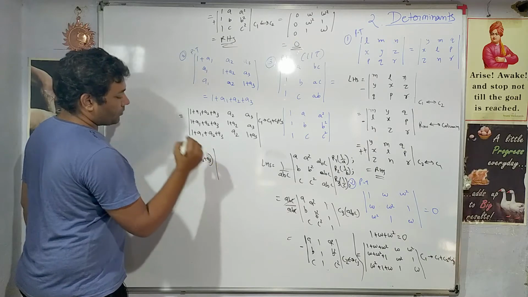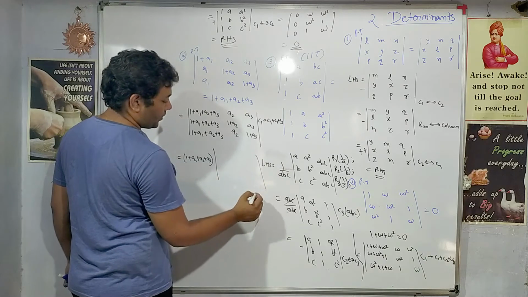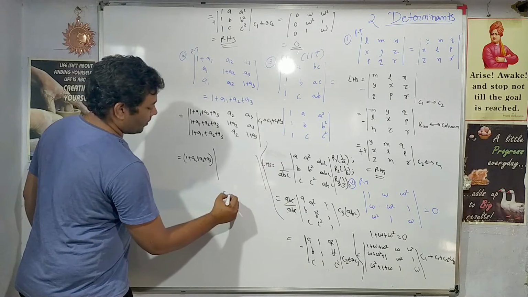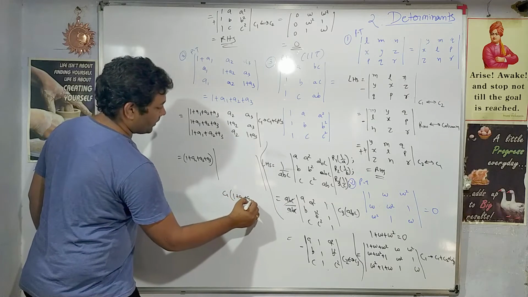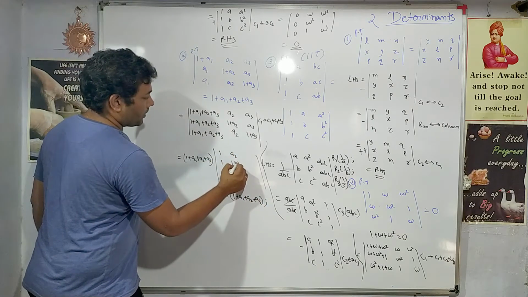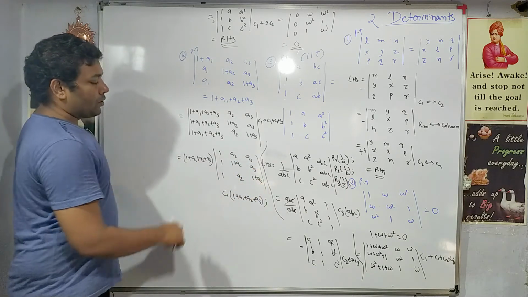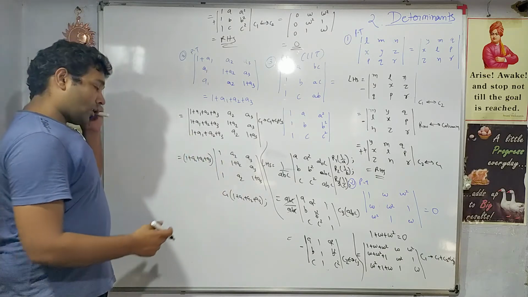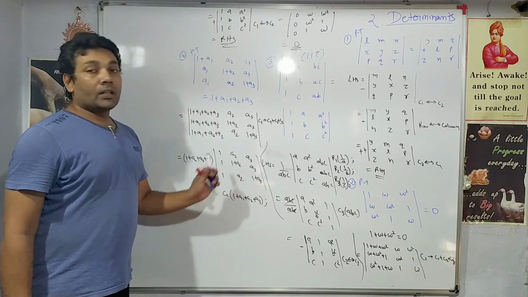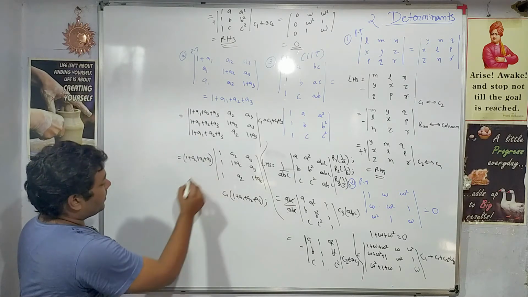So this thing, if I take out common, what will I write down here? I can write down the operation. Since here I don't have space, I'll write down in here down. So from the column 1, 1 plus a1 plus a2 plus a3 is common. So 1 1 1, a2, 1 plus a2, a2, a3, a3, 1 plus a3. Now you can simply open the brackets, right? Or you can further simplify so as to make the solution of the determinant more easier. I will carry out some more operations to make the solution easier.